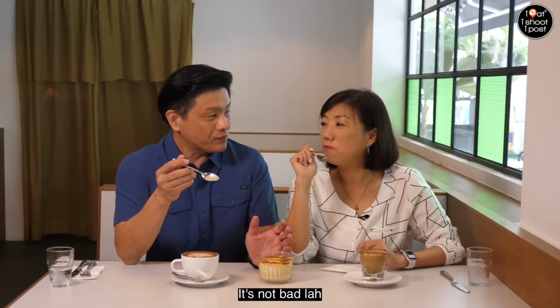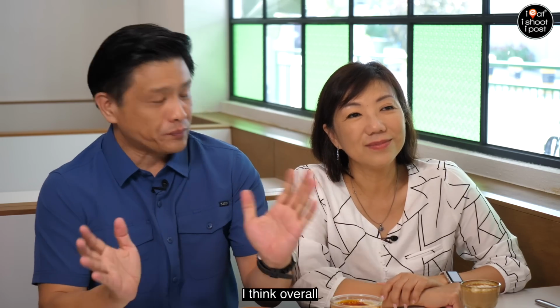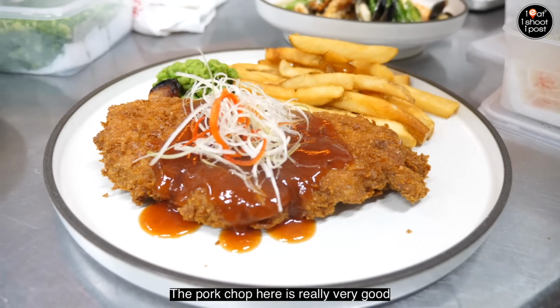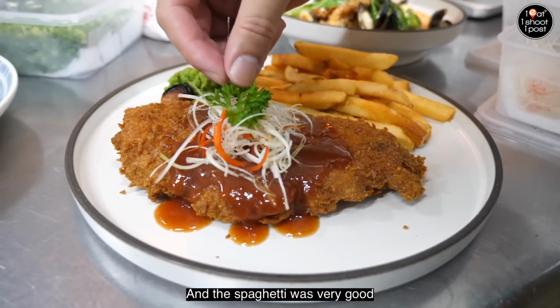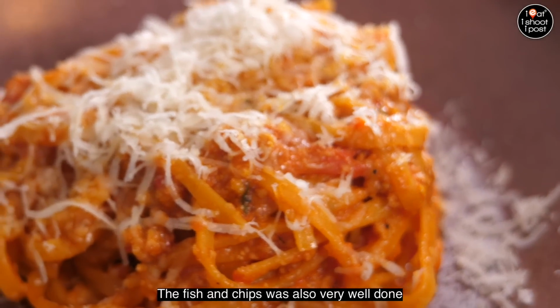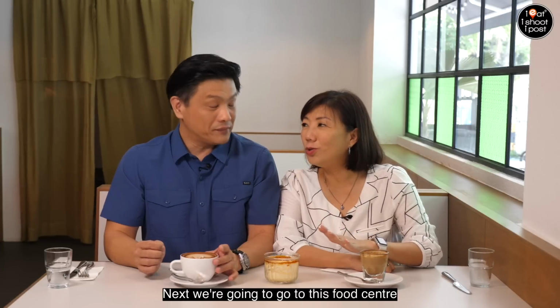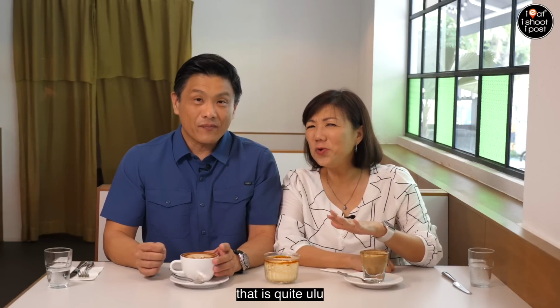It's not bad lah. I think overall, I like the place. I like the fact that it's a cafe. The pork chop here is really very good. And the spaghetti was very good. The fish and chip was also very well executed. Next, we're going to go to this food center that is quite ulu, that I'm quite sure not all of you have been there before,